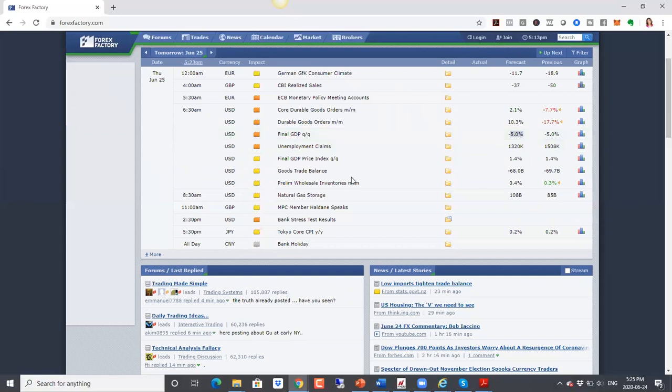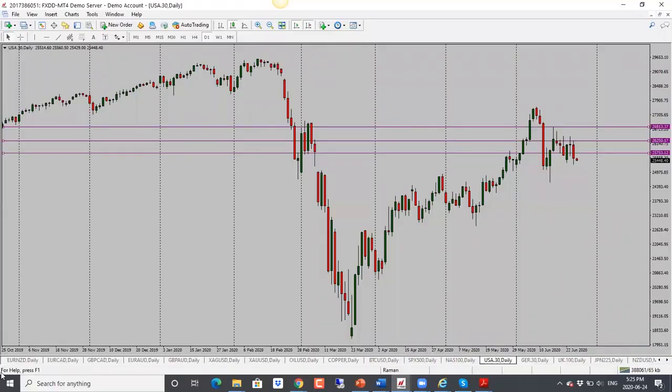And then other than that, we have trade balance numbers here, and we have bank stress test results. But the main focus overall is likely to be on the stock market and on the COVID cases. So if they continue to get worse, that will be basically negative here for the stock market as well as for our trading. So right now, as we see, the stock market did drop today. But let's take a look at our